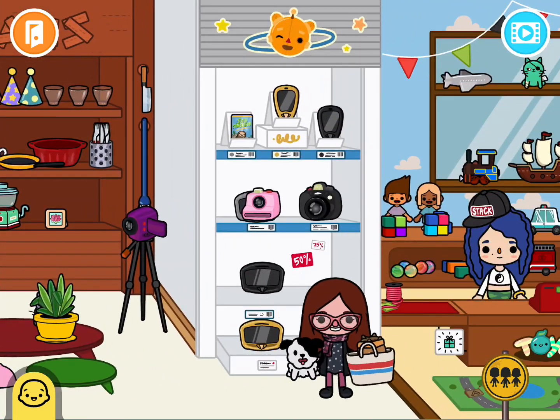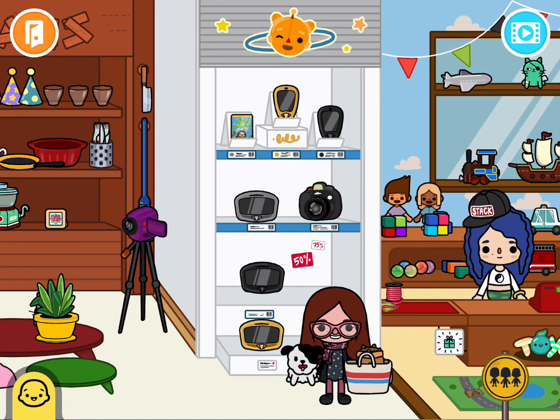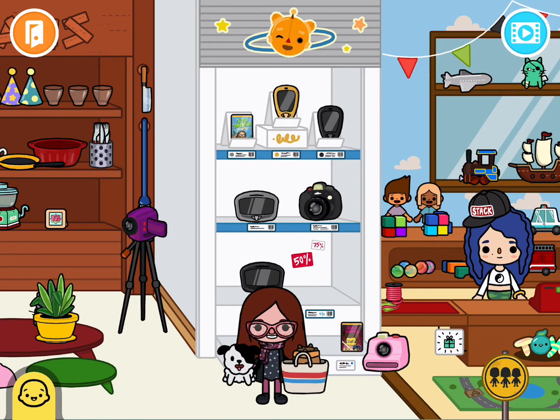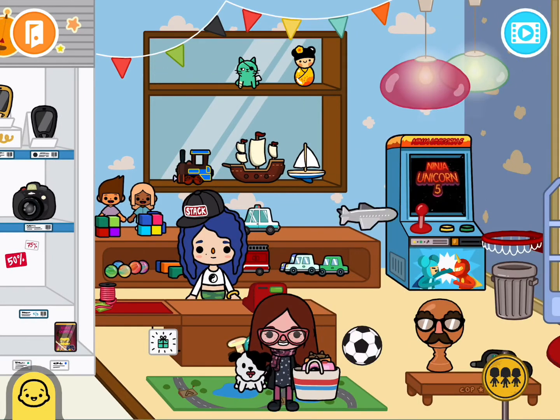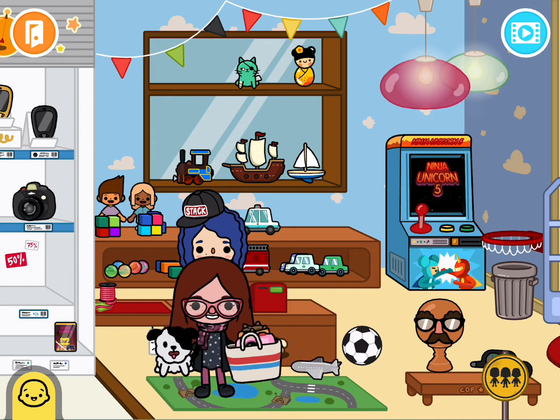We also need this pink camera. And the way that I'm putting the items into the bag is to bring it up right in front of the opening and let it go, and it pops right in. It might take you a couple times to try it. It usually does for me. We also need this plane right here, and it's not going to fit in that bag, so I'm going to get somebody to help me.